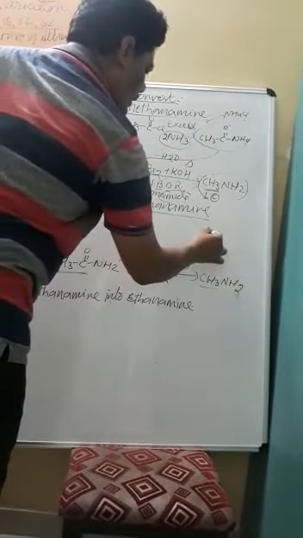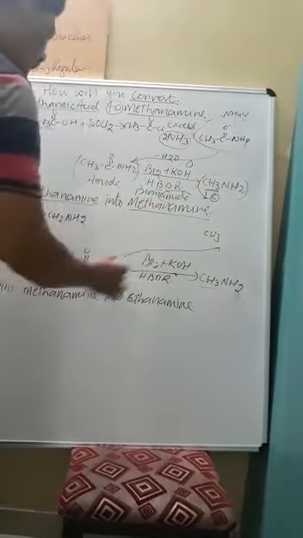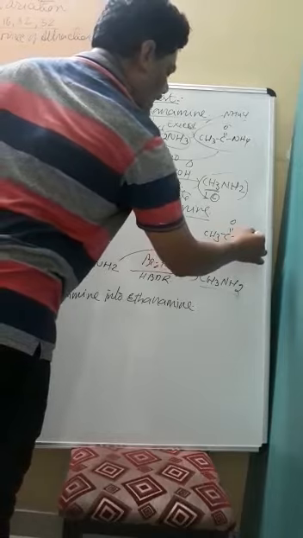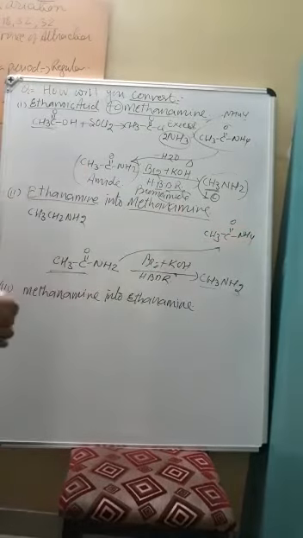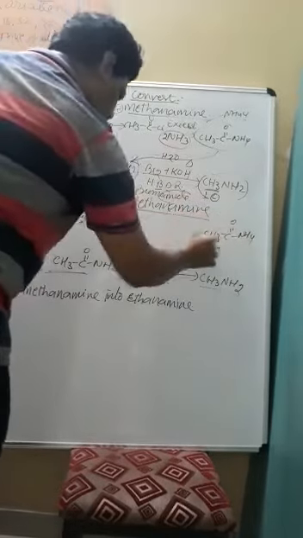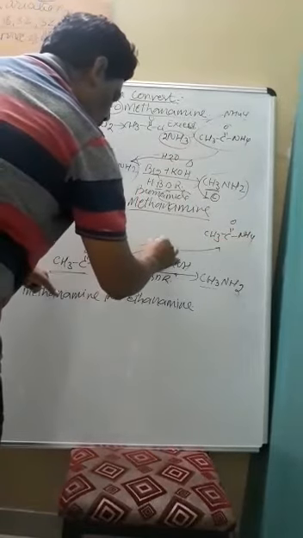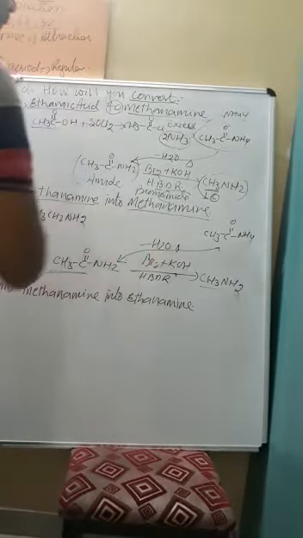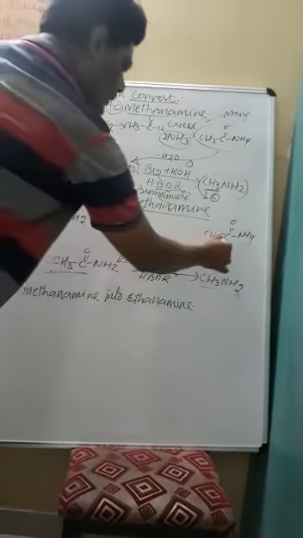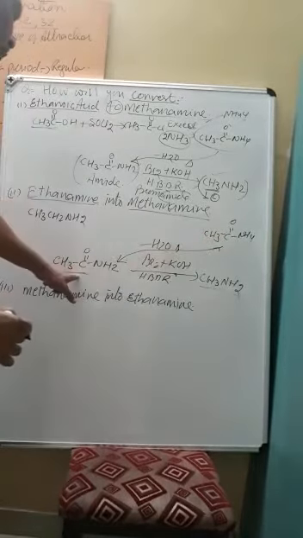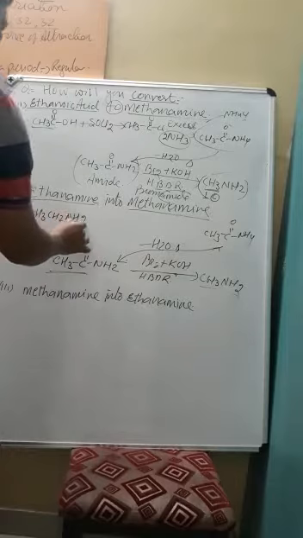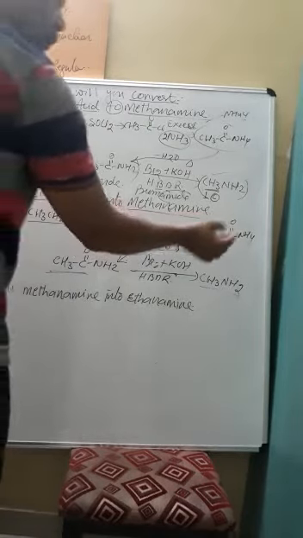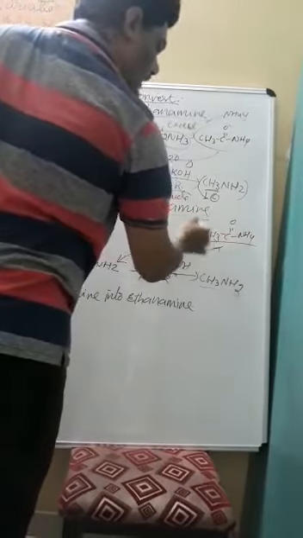The same compound is CH3C=O NH4, isn't it? Now, how to prepare this? From this, when heated, it releases a water molecule. This is the reaction, okay? Water molecule is released from this compound, so we get an amide.